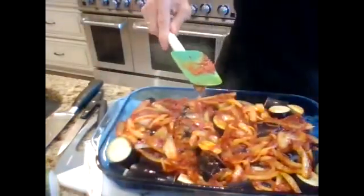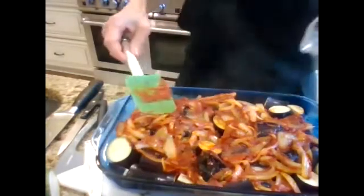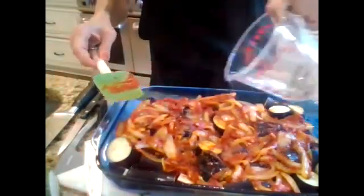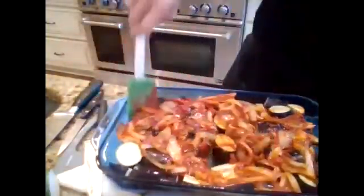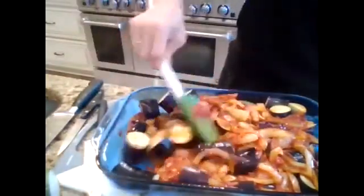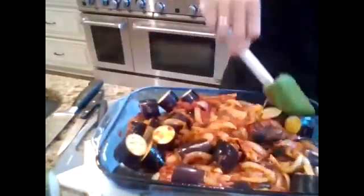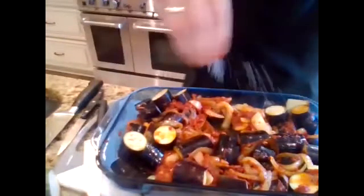And we're also going to add just a little bit of water. Not too much. We don't want to dilute this. Just mix it all together. Sometimes I just leave it right on top too. And like I said, we could add zucchini, we could add potatoes. If you add potatoes, it's going to take a little bit longer, but all those things will work really nicely. And then we're going to just sprinkle it with a little bit of kosher salt